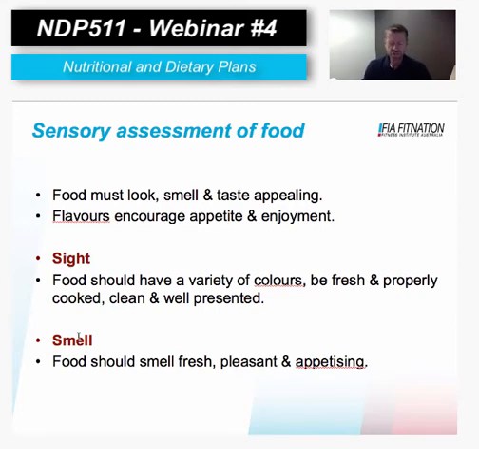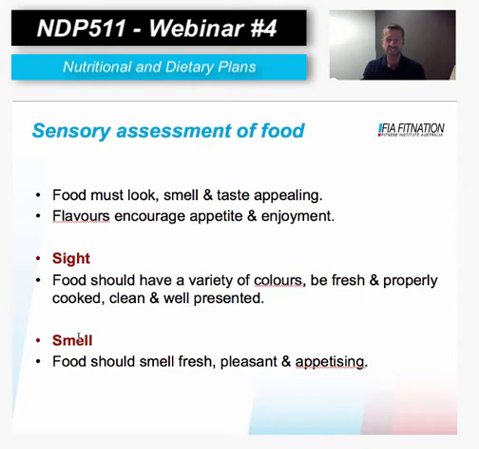So, the sensory assessment of food. Food obviously must look good, it must smell good, and it must taste appealing. Flavors encourage appetite and obviously enhance enjoyment. So just looking at food, if we're looking at sight, most people are very visually stimulated, so food should have a variety of colors, be fresh and properly cooked, and